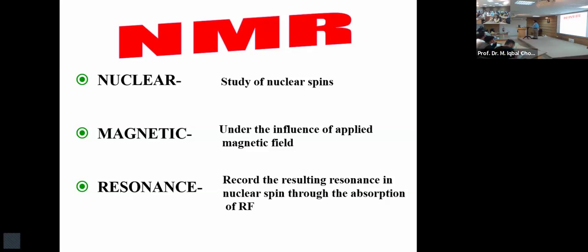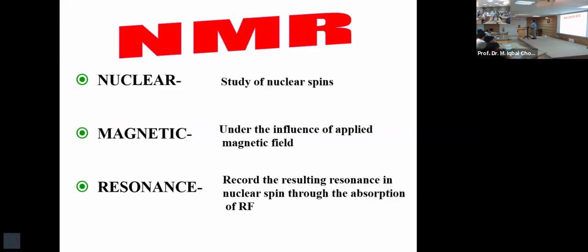Kindly remember that yesterday I told you that like other spectroscopic techniques, NMR is also a spectroscopic technique. It's not so uniquely different. It's also interaction of electromagnetic radiation, which is, in this case, radio frequency with matter. In this case, you sample, and radio frequency